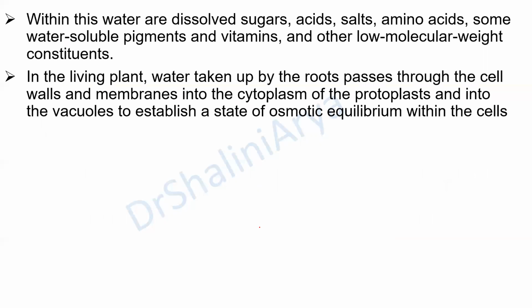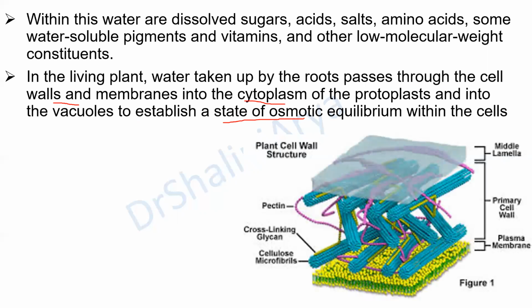So in the living plant, water taken up by the roots passes through the cell wall and membrane into the cytoplasm of the protoplast and into the vacuole to establish a state of osmotic equilibrium within the cells. Basically, the osmotic pressure within the cell vacuole and also within the protoplast. See, if you see